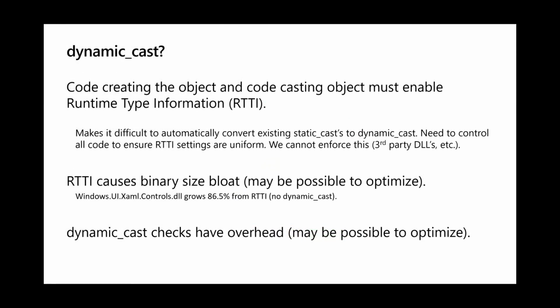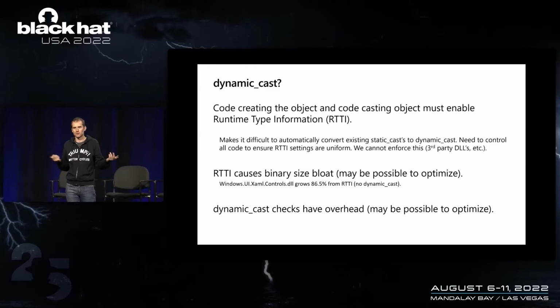And some of you that are familiar with C++ might be thinking, well, hey, you don't even need to give this talk because there's already a solution for this problem. Just use dynamic cast. It's part of the C++ language, and that will do checking for you when you do downcasts. But the issue is that dynamic cast is a very hard thing to just generically apply to a huge